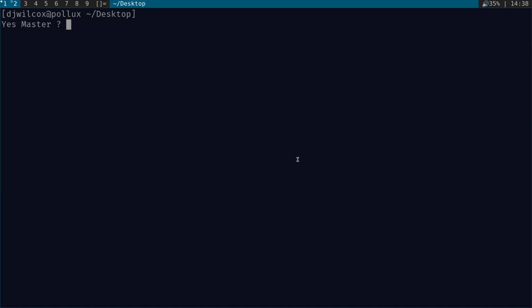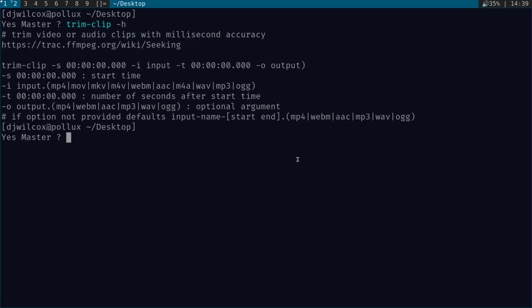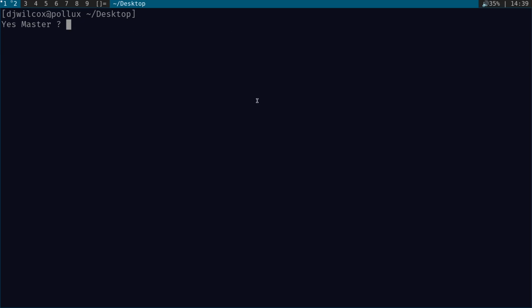So the other script I have is called trimclip. And what that does is that uses a duration. So if we run trimclip -h, what you'll see here is the -t option is the number of seconds after the start time. So if I do the same thing with the trimclip script, 3:19 in Big Buck Bunny